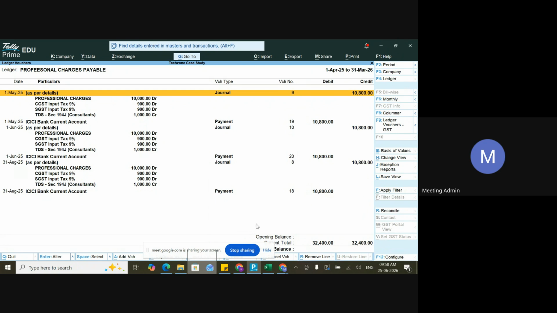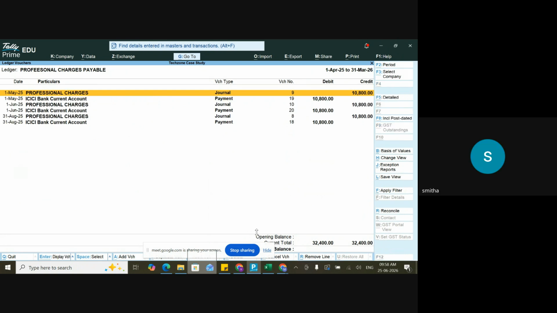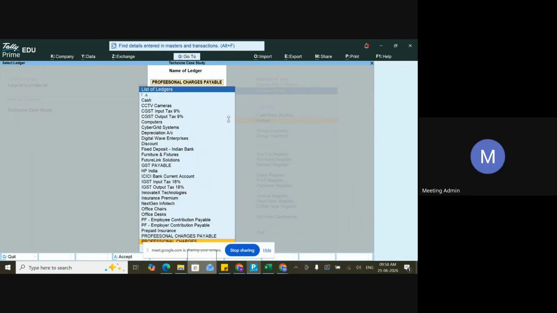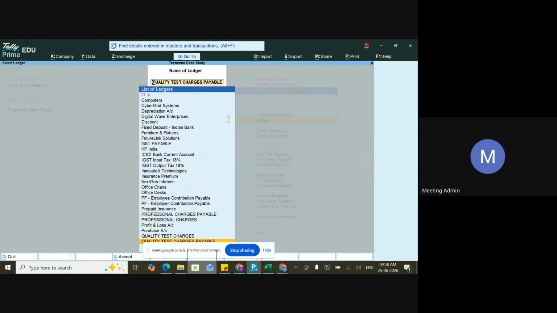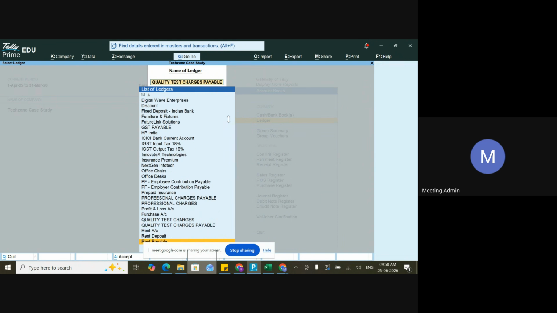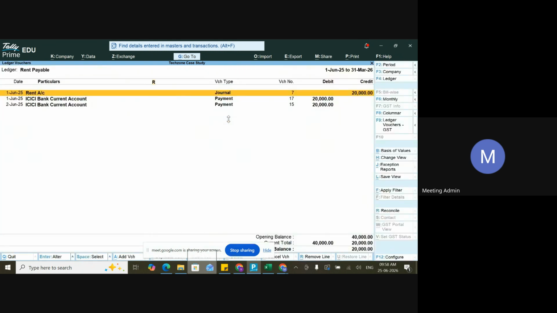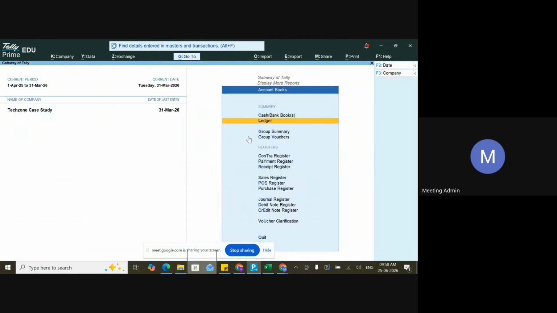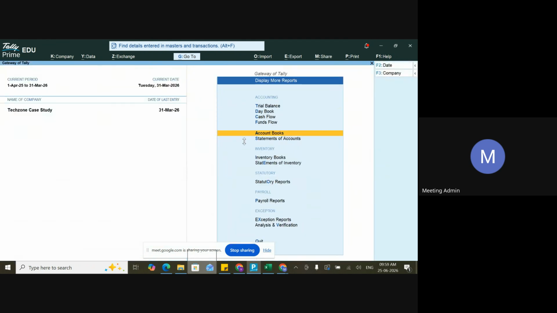Only three entries I made. So mine will show a difference from yours. This also, and for rent also. I did only for 3 months, not all, so it will show the difference. You have to do it annually. If you do each and every entry,